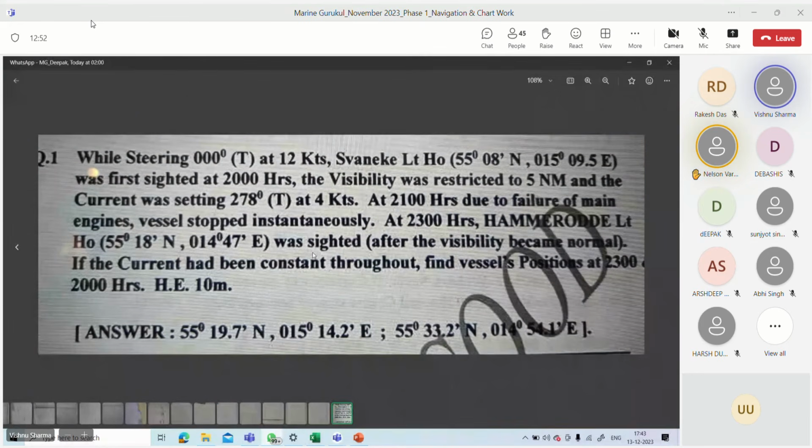Yaar, you're not getting my point. You have only one position circle at 2000 hours. That's all, right? Yes, sir. And then you don't have anything at 2100 hours. Sir, we will make a triangle, na sir, and we will get a triangle. Where will you make it from? Sir, from the Swanic lighthouse. From above the lighthouse, sir, so that you will get a PC for 2100 hours. No, that's all you get. You'll get a PC for 2100 hours.